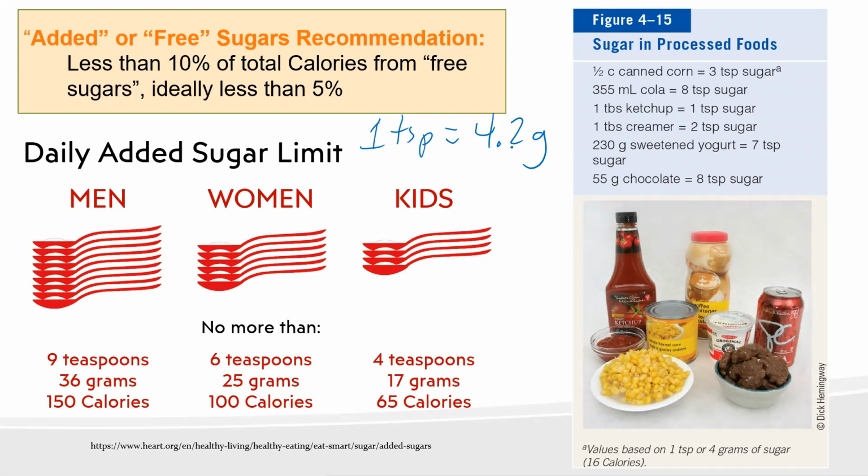On the right there, you can see it's talking about sugar in processed foods. And something else to consider if you're trying to cut sugar from your diet, how much sugar is added to your ketchup and your soups and those kinds of things. Sometimes you'd be surprised. It's added really to almost everything out there.